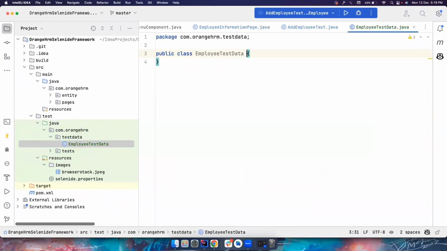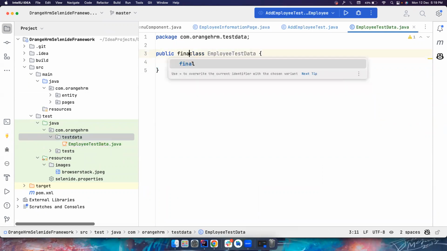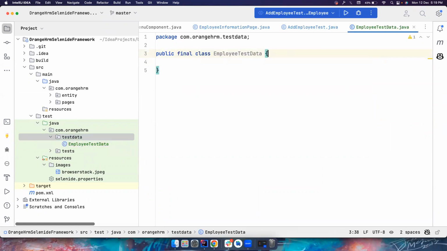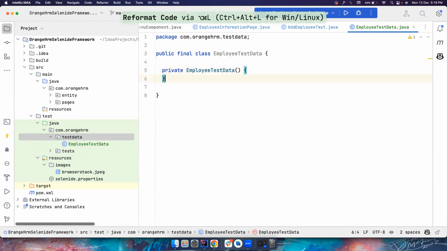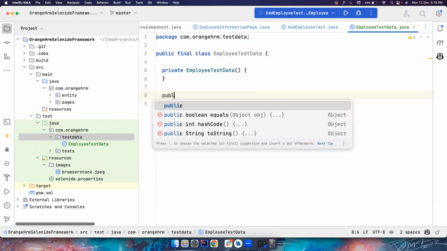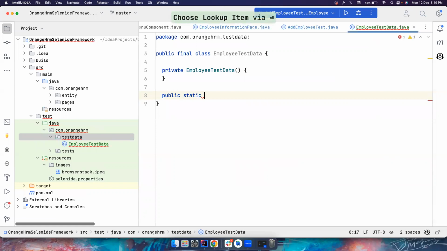So this is the class that I want to add, and I also don't need this to be extended by some other class, because this is a test data class. I don't want people to do incorrect inheritance. That's really bad. Okay, let's format my code, and then I simply have a static method